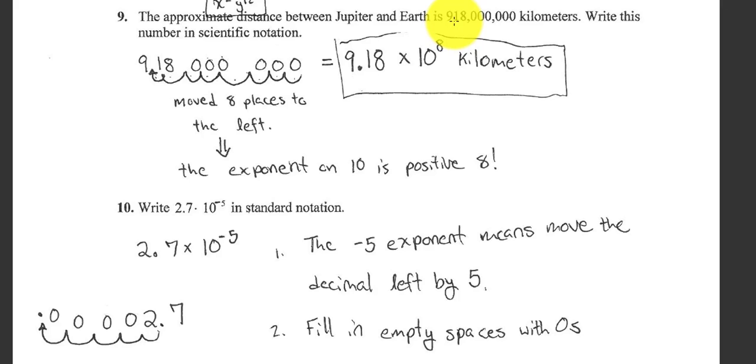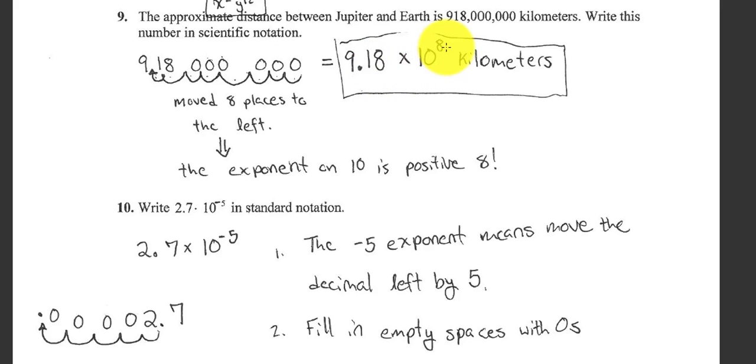Okay, so here we have the distance between Jupiter and Earth. So we have a really big number. We don't want to write this big number. So we want to write this number a way that's more efficient. So if I want to get rid of all these zeros, right? If I start with the decimal point and I were to kind of count 1, 2, 3, 4, 5, and you can see they're doing it here. Looks like we moved the decimal 8 places and we end up with